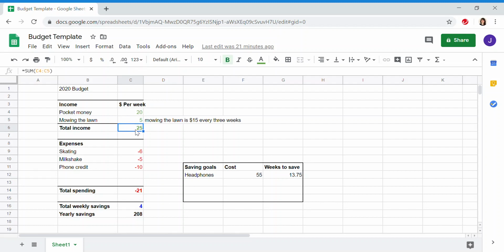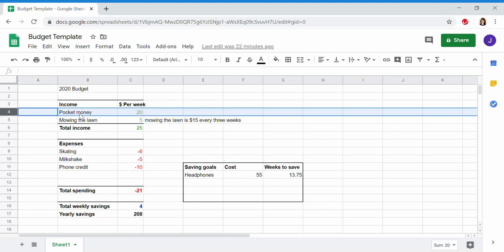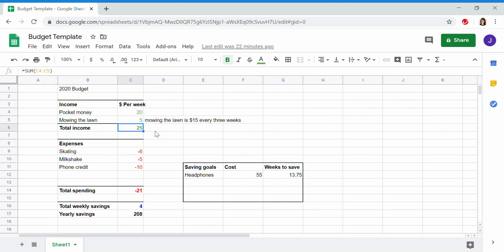Now what I love about Google Sheets when I'm doing a budget is I can use formulas. So I haven't typed in the 25. What I've done is I've put in a formula which does the adding up for me, because if I had like 6 items of income, I wouldn't want to have to manually type that all in each time. So this adds up C4, which is this cell here, and C5, which is this cell here, and it puts